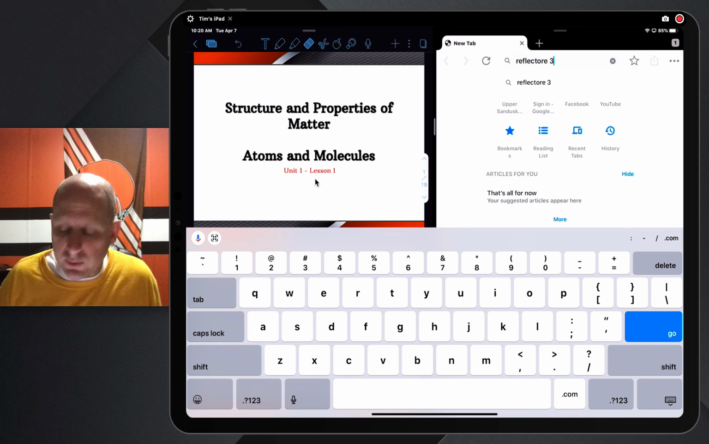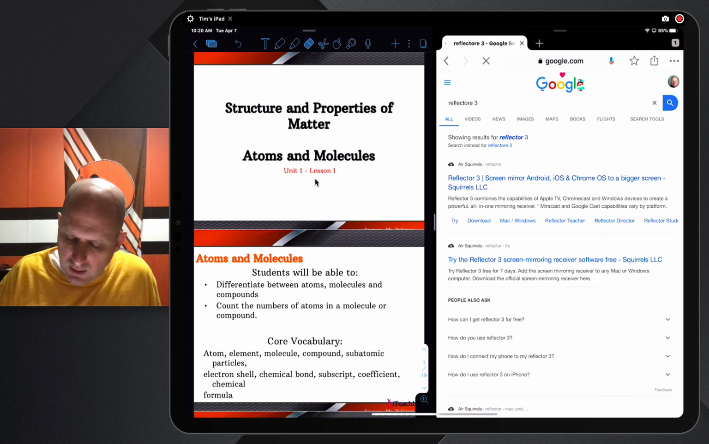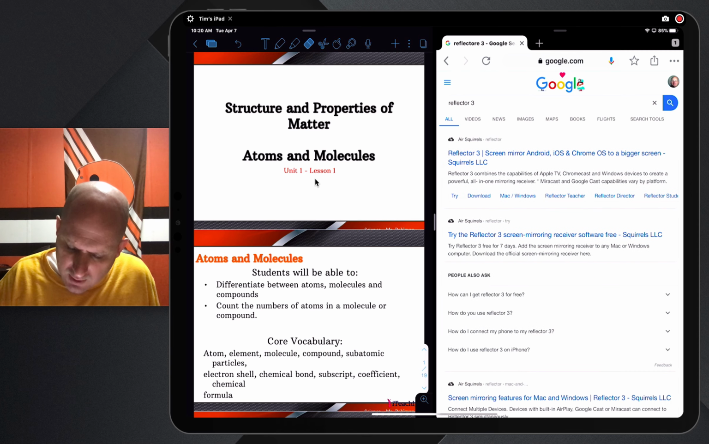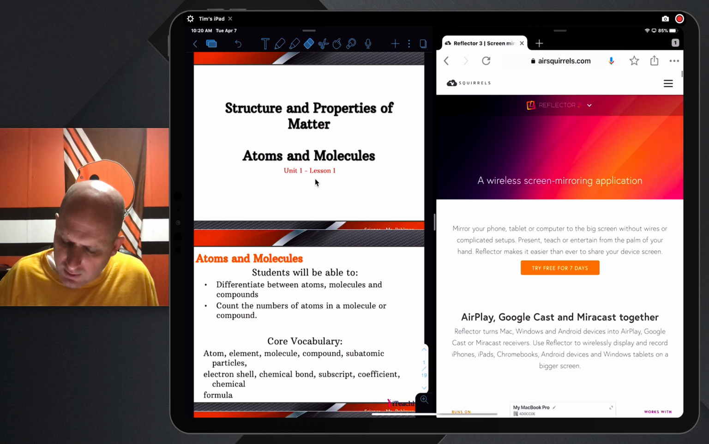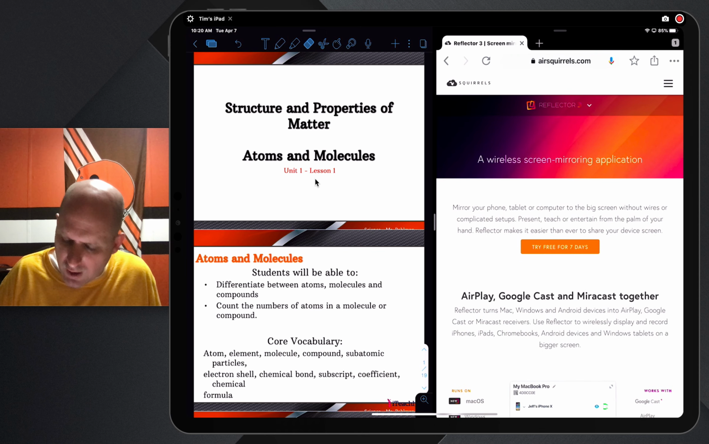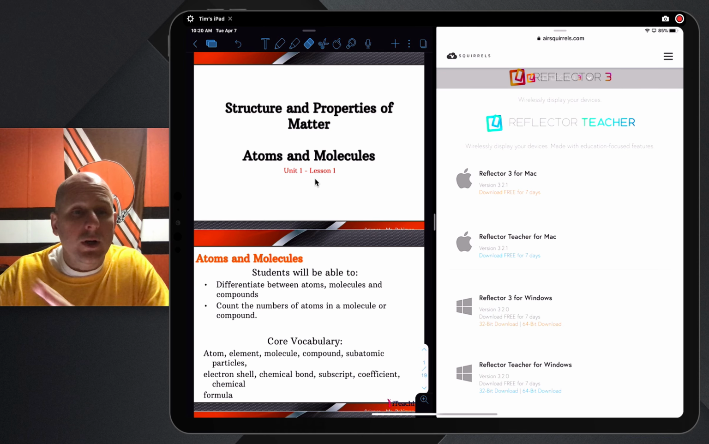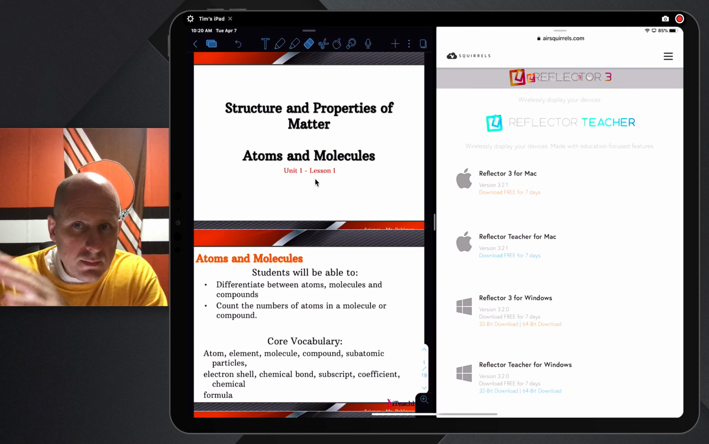3. All right, so you do a search for Reflector 3, and once that comes up, I don't know if I spelled it right, you click Reflector 3, and it's just a free trial download at first. Okay, so you go Reflector 3 for Mac. On your computer, you install that. It will ask you for a key, but we can take care of that